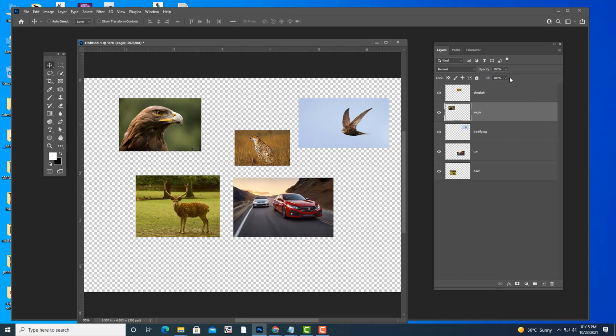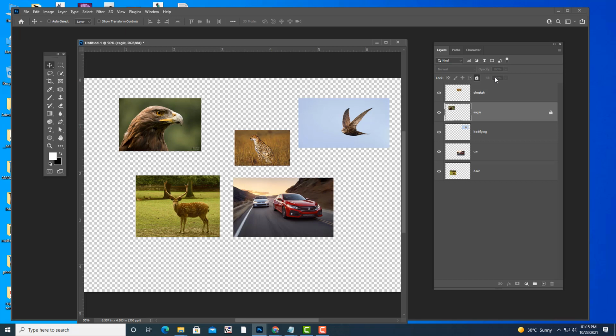But let us say if you want to lock the opacity also, meaning totally freezing the image. For that, instead of using lock position, you can use lock all. If you click on lock all, what happens? Now even opacity is locked. You can't control even opacity. It's like we have totally frozen the image.